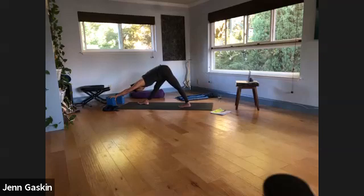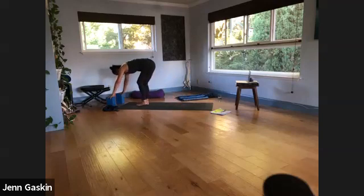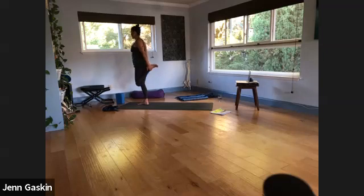And 2. And 1. And then go ahead and step that left foot forward. Roll up one vertebra at a time, all the way into the right foot. Bend the left knee, catch the ankle, pull that heel close to the glute. Left glute is on, left hand is on, and then pull the knee back to open up the front line